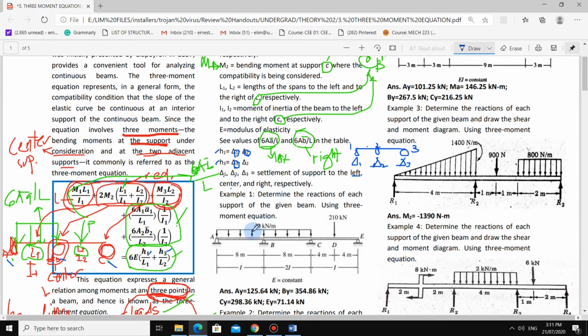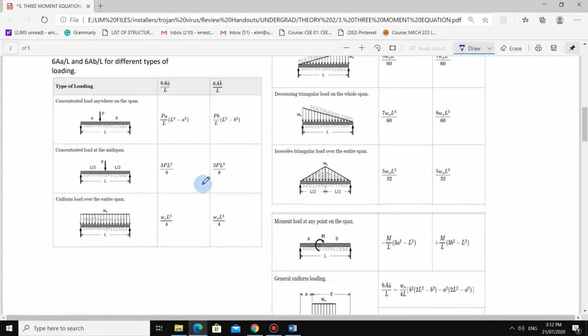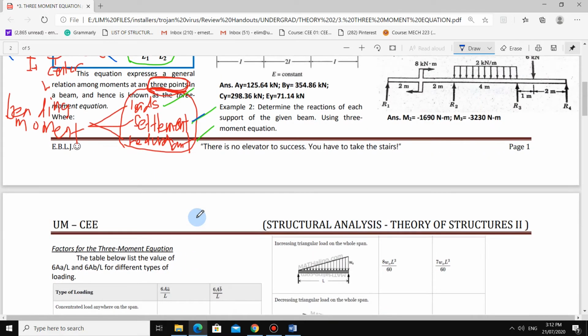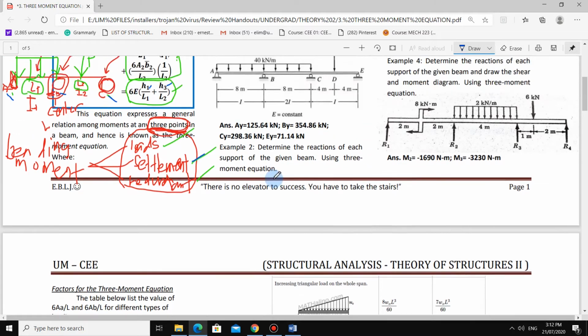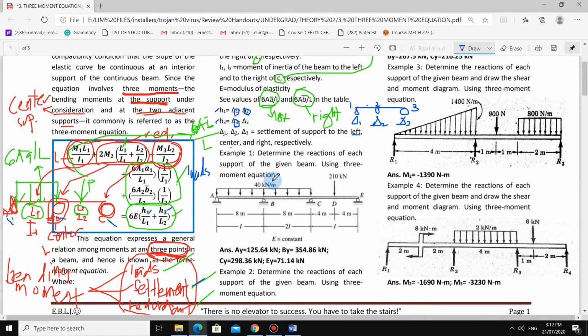Okay, so if there is no settlement, then this is automatically 0. It is equal to 0 due to the redundant and due to loads. You just need to memorize this. But believe me, once you memorize this and become familiar with the values for 6A A bar over L and 6A B bar over L, then you will really get the moment faster than with SDM and MDM. Okay, so let us apply